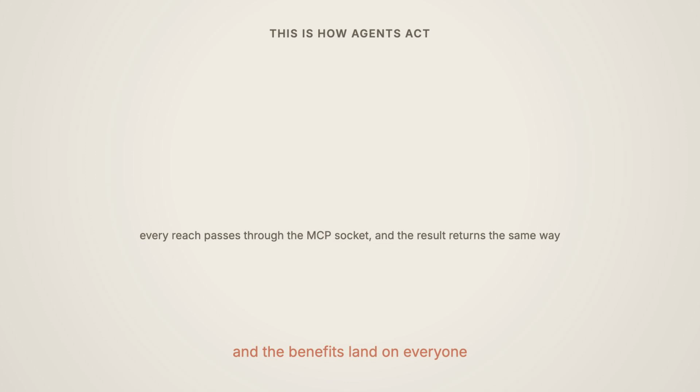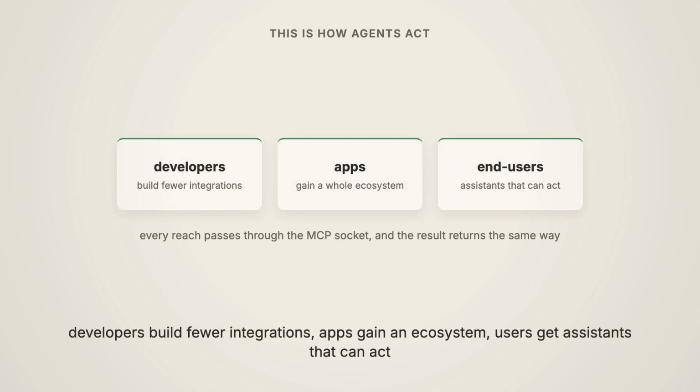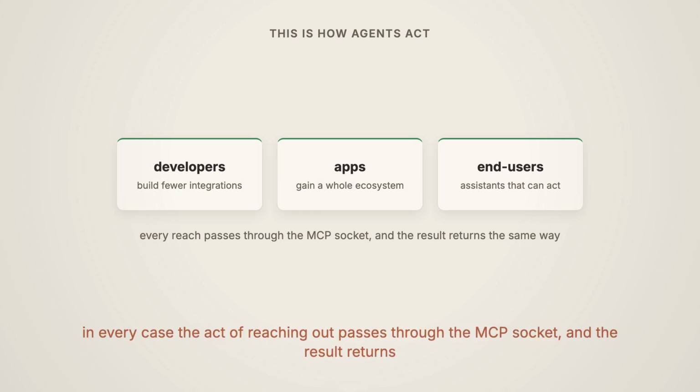And the benefits land on everyone. Developers spend less time building integrations. The apps gain a whole ecosystem of data and tools, and end users get assistants that can reach their data and act on their behalf. An agent that reads your calendar to plan your day, turns a design into a working app, connects to several databases at once. In every case, the act of reaching out passes through the MCP socket, and the result returns